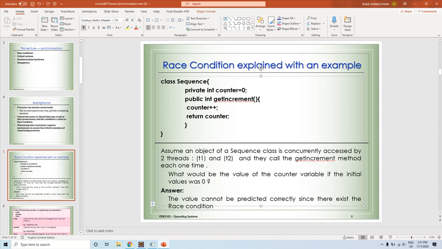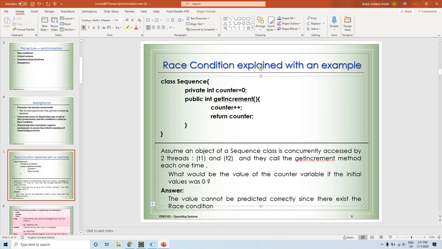It has a member variable counter, whose initial value, let us assume, is 0, and it has a get increment method with a statement counter plus plus.